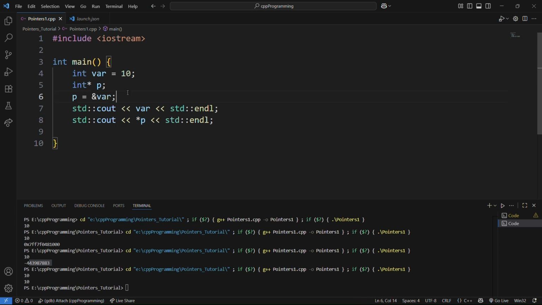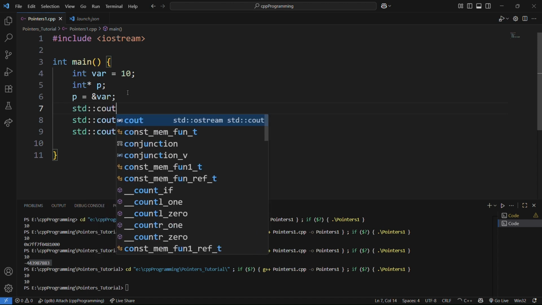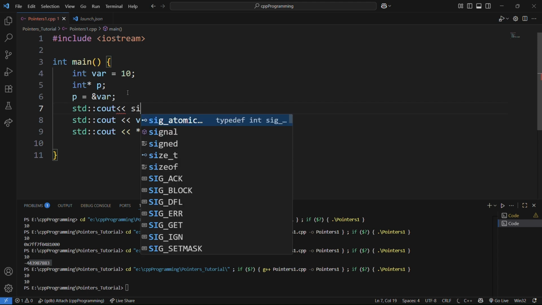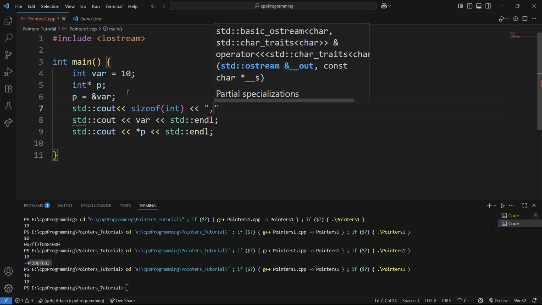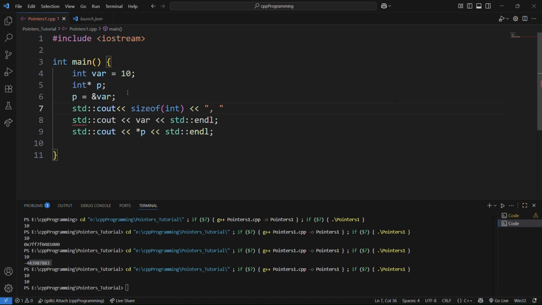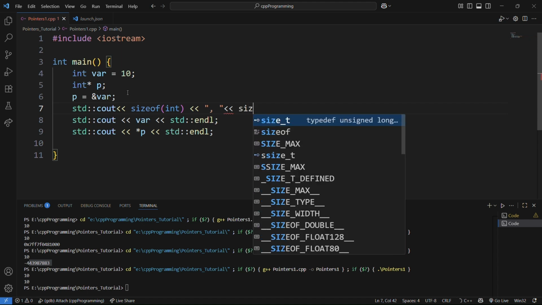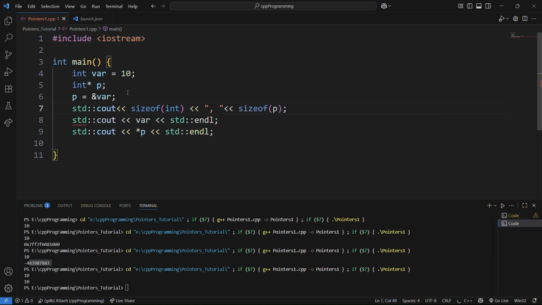Okay, now let's check the size of this pointer. What we should expect is, since it is pointing to an int variable, and int has a size of 4 bytes, we should expect the same value to be printed for this pointer as well, but this is not the case. Okay, so we have to do sizeof p, and let's do